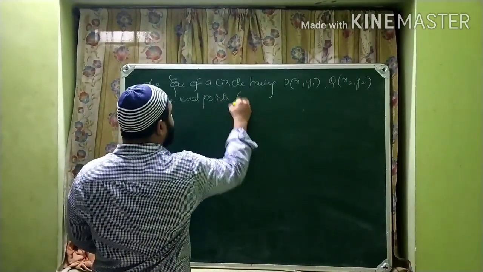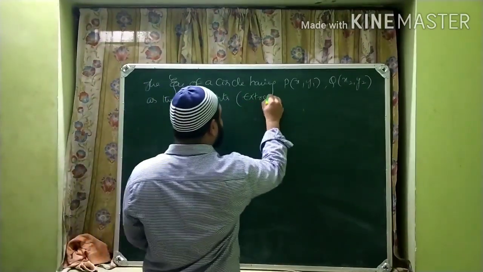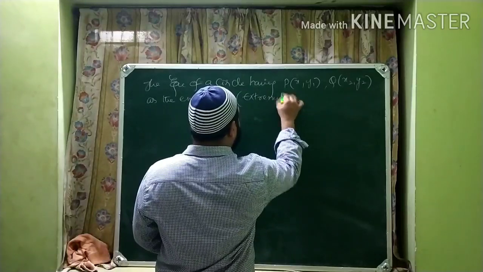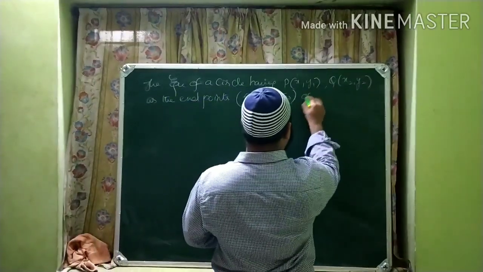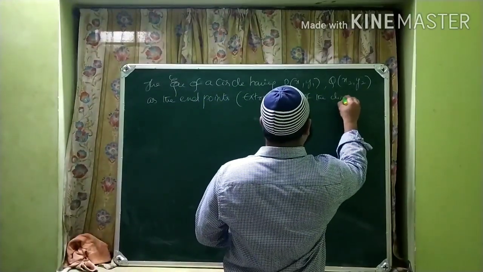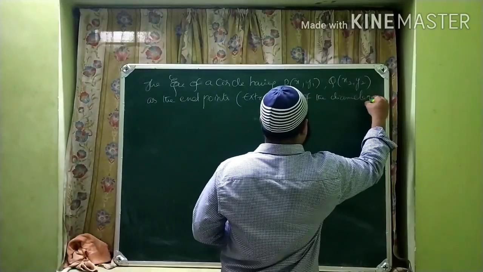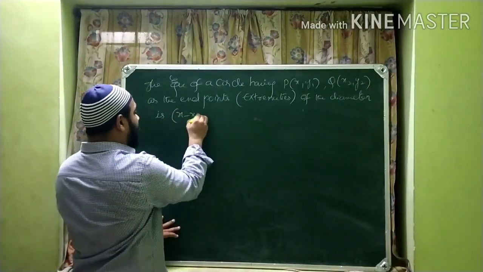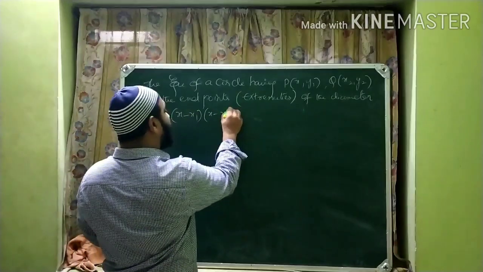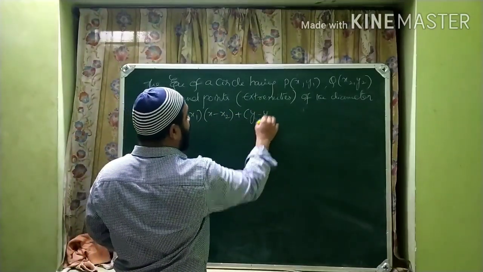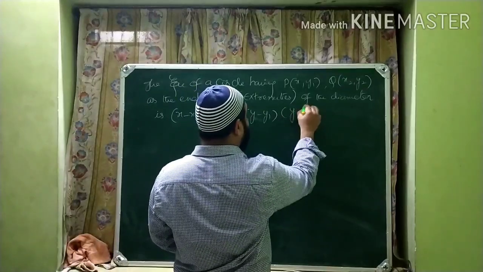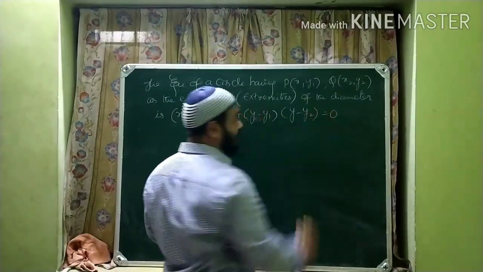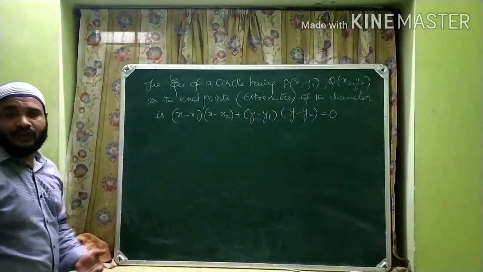What is the technical term? Extremities. Endpoints of the diameter is (x minus x1) into (x minus x2) plus (y minus y1) into (y minus y2) equals to 0. So how do we